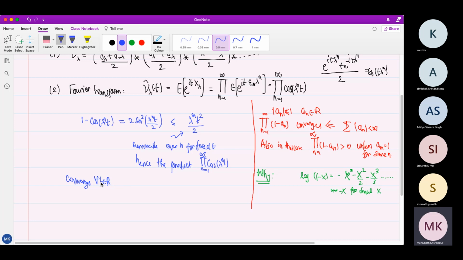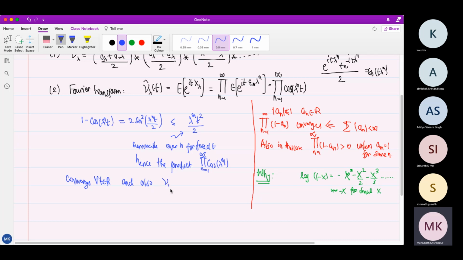For all t in the real line. One can go further and say that it's uniform over compact sets and so on, but we don't need all that. So it converges for all t in R, and also as a byproduct of what I said here, I will say